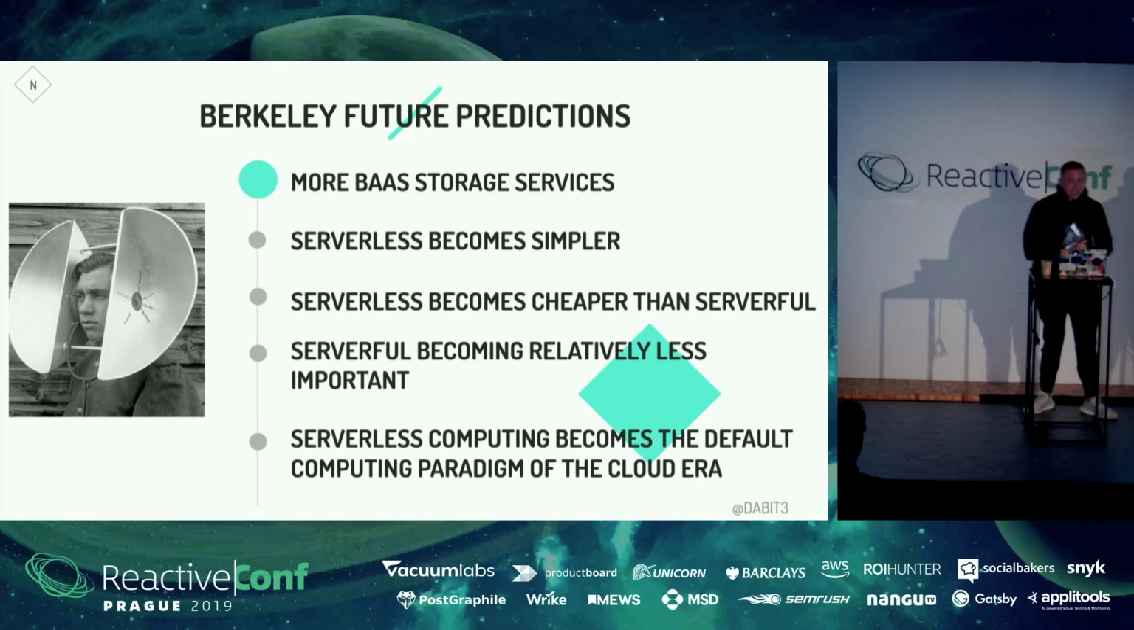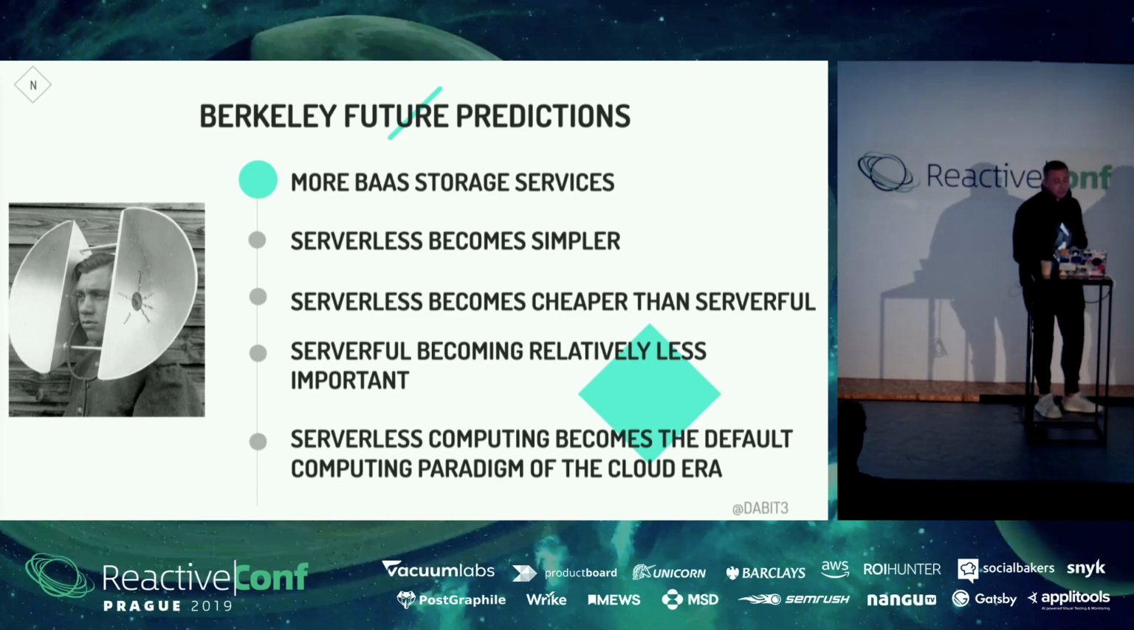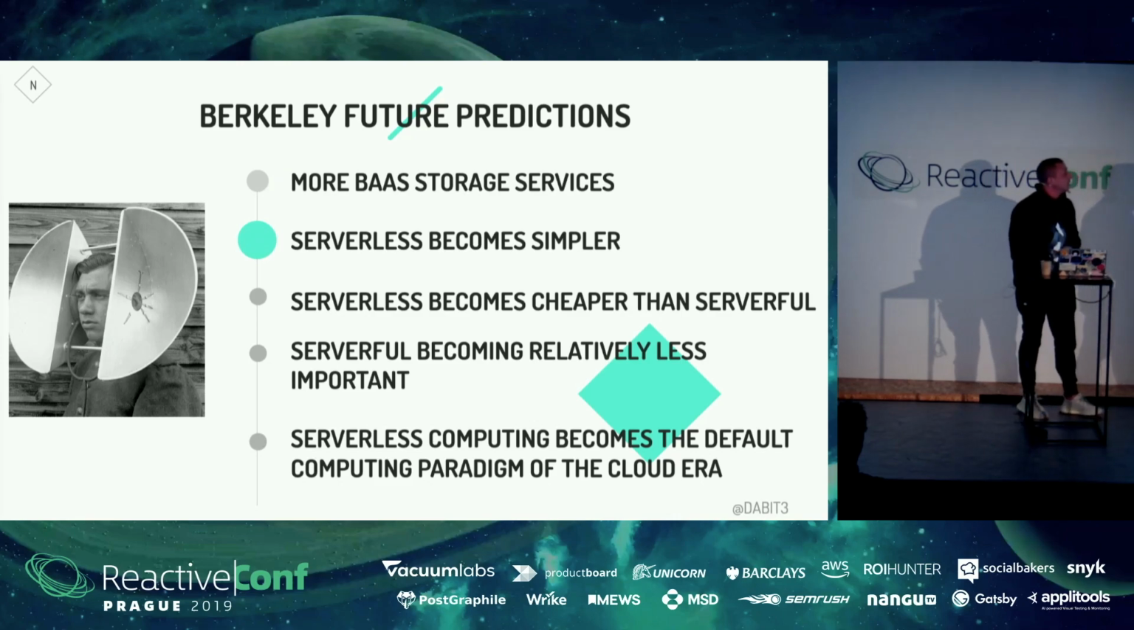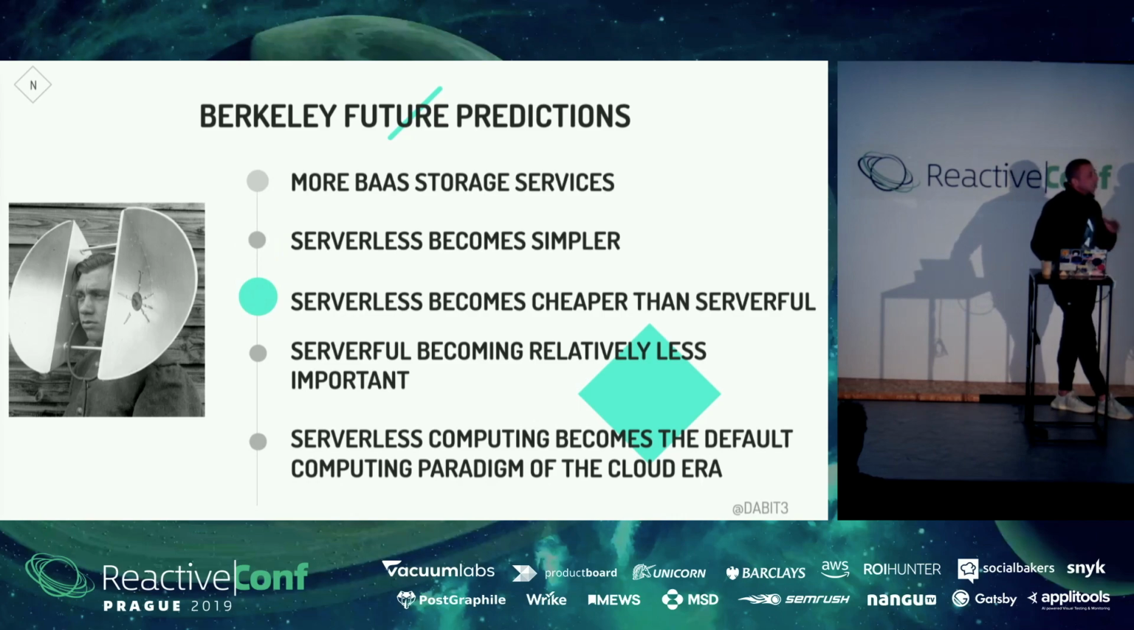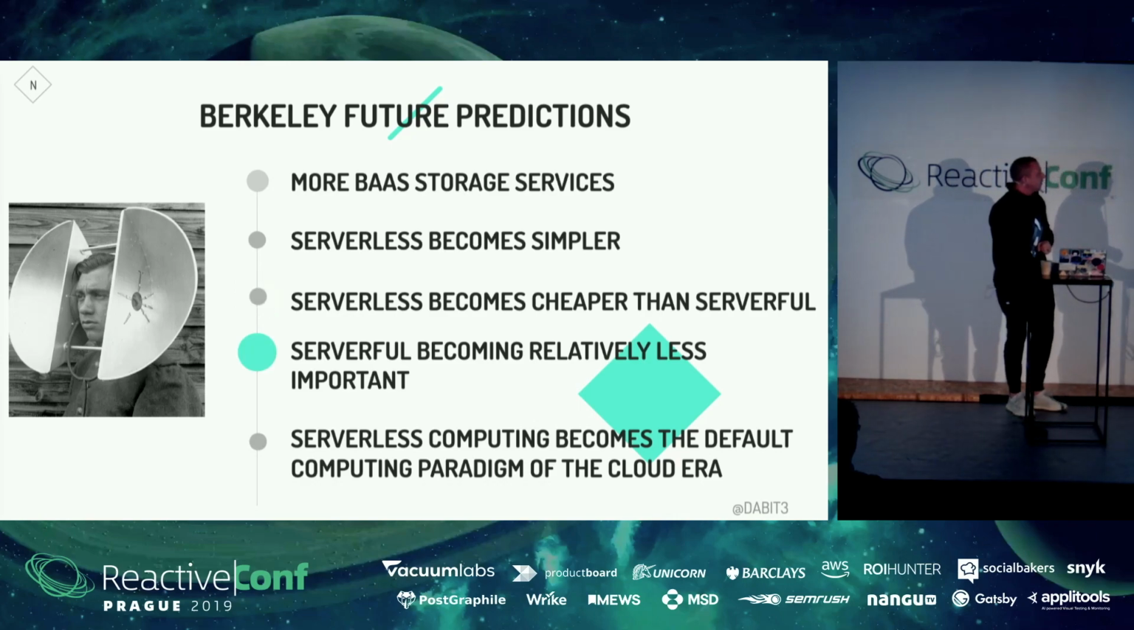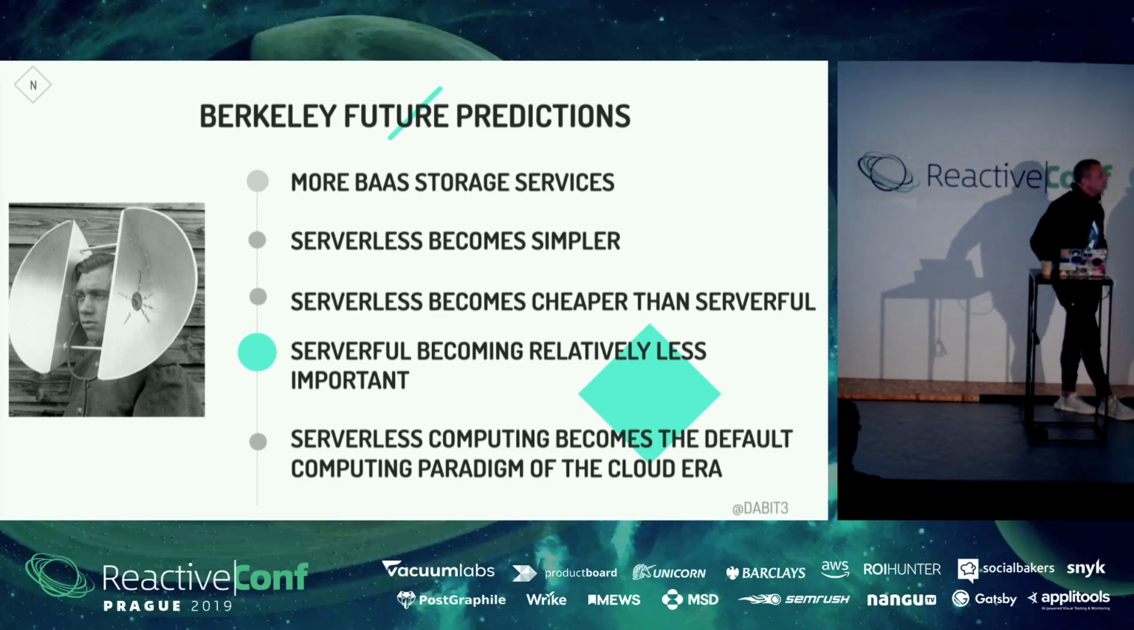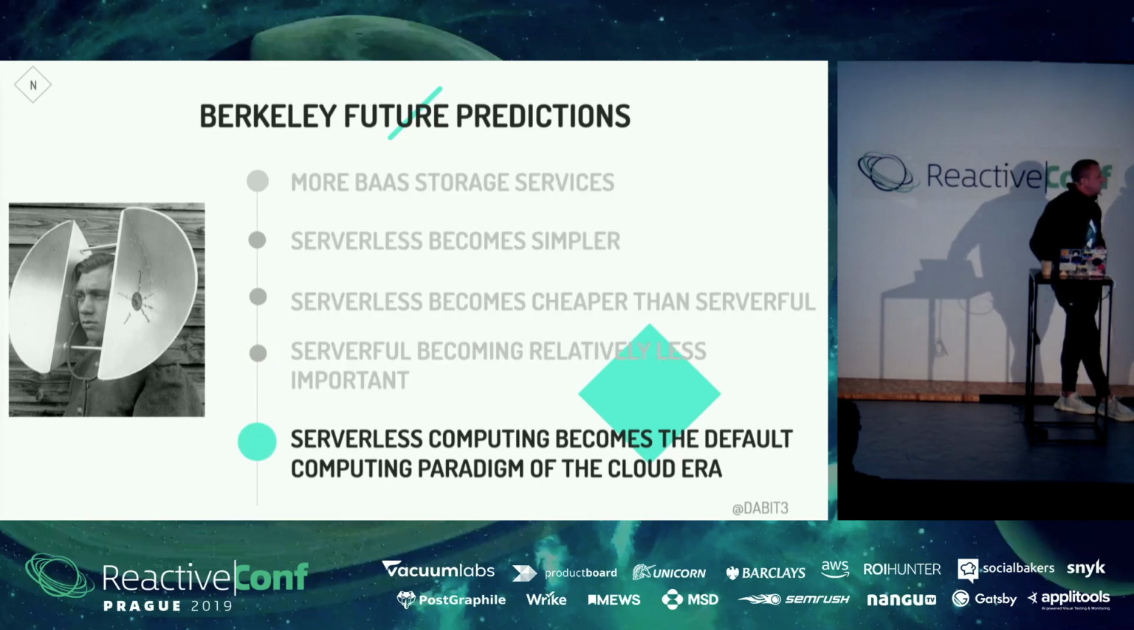Pretty interesting. They think in the future you're going to see more backend as a service storage offerings. Serverless becomes simpler, even more simple than it is today. Serverless ultimately becomes cheaper than serverful, which is super interesting in my opinion, which would really change a lot of things in the world, I think, of what it is today. Serverful computing becomes less important relatively, which makes a lot of sense. But the most important point that they came to at the end was this: serverless computing becomes the default computing paradigm of the cloud era. So we're moving to where serverless is going to be the default versus something else being the default,